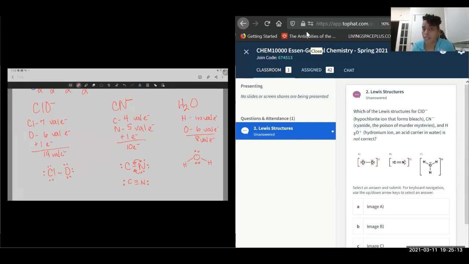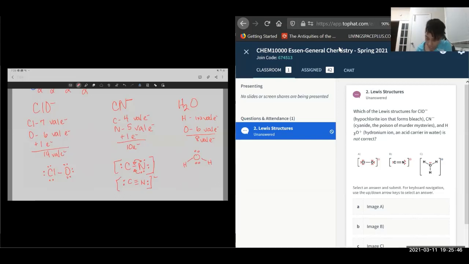All right, guys. Let's close out the question and see what your responses are. The majority of you got this question correct. So if we take a look at the Lewis structures for each of these ions and compounds,